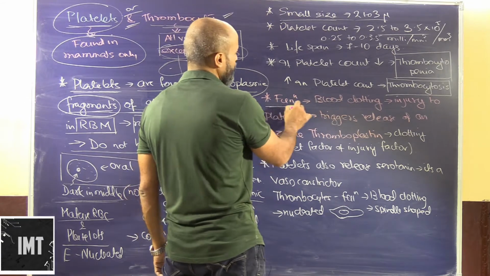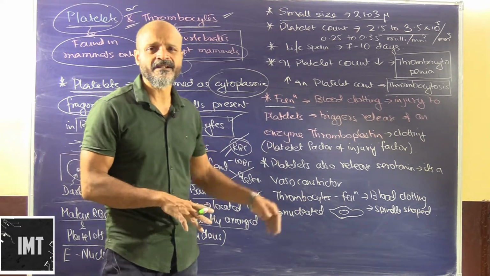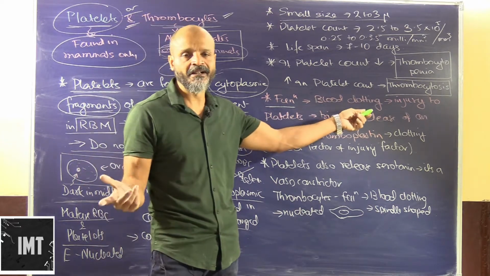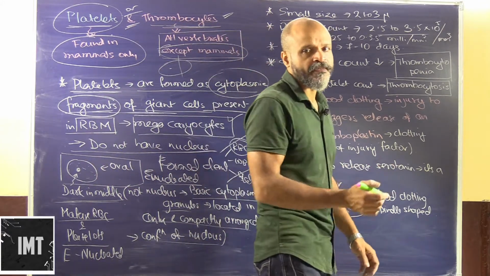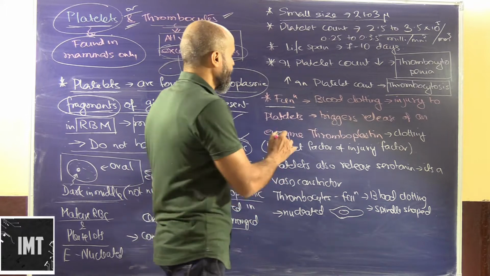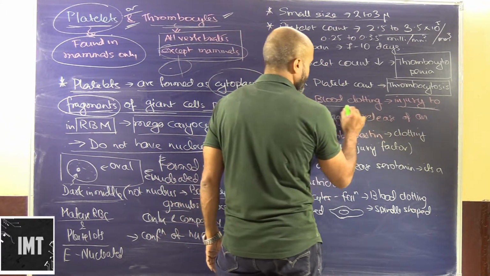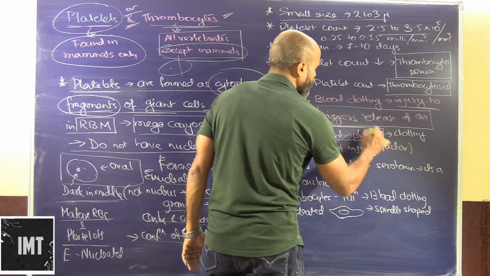Okay, what is the function? We all are aware of the function in some way or the other, because this is something that we have studied in lower and earlier standards as well. The function is primarily blood clotting. Now, how does this blood clotting trigger? It is triggered by an injury. If there is an injury to the platelets in the blood, it triggers the release of an enzyme which is known as thromboplastin.